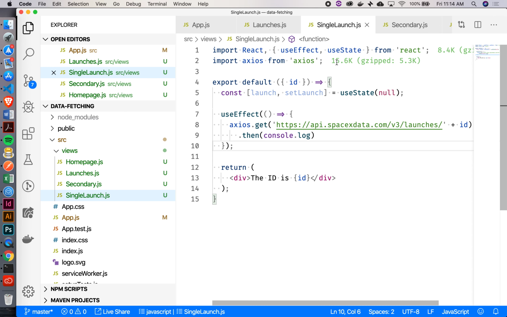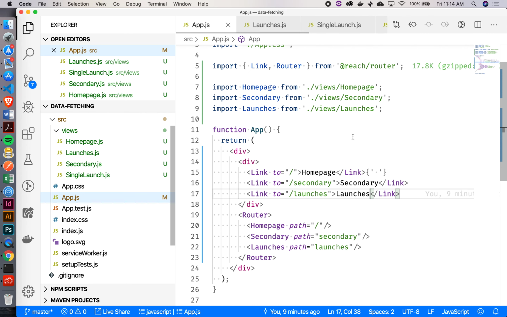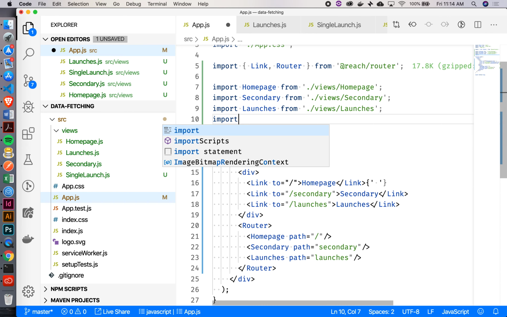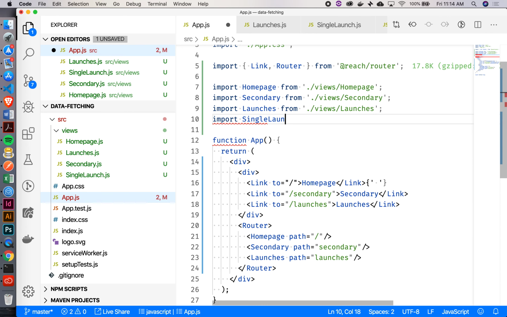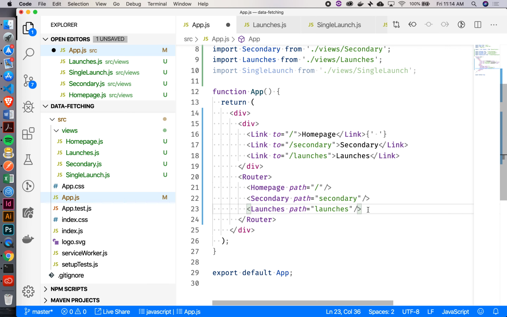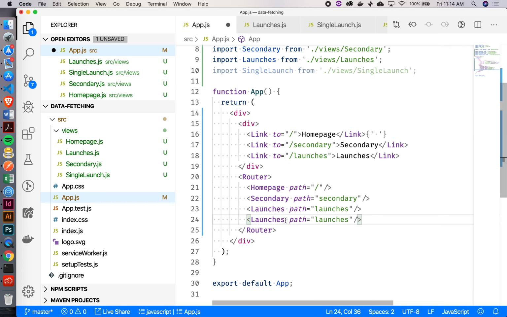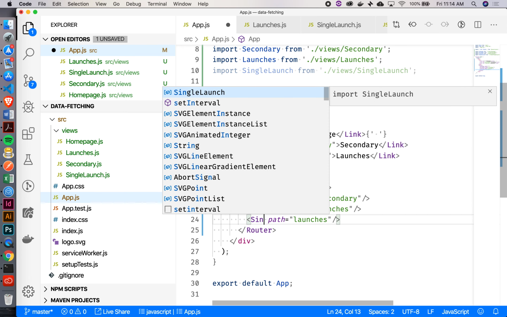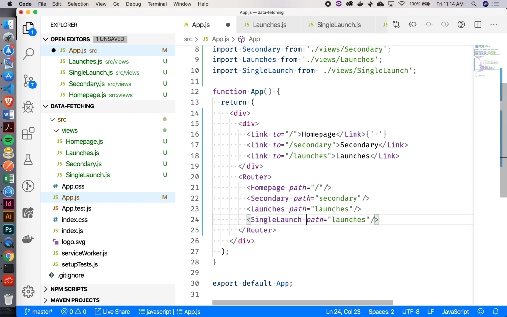And then let's import this into our app, right? So go back to our app and say import SingleLaunch from the singlelaunch view. Cool, and then I'll just add this down here. SingleLaunch. Okay, there's one small change I need to make to the path. I'm giving it this ID